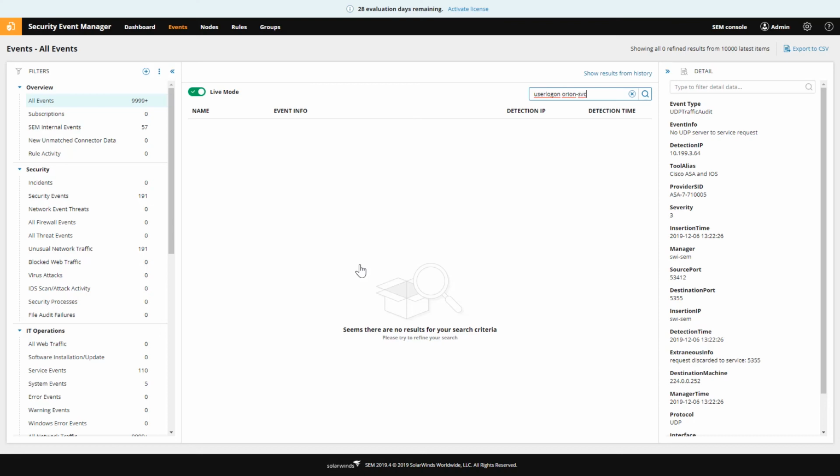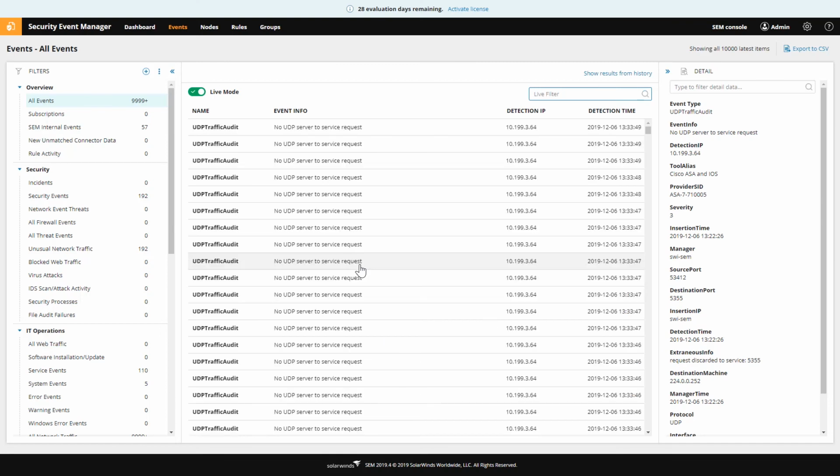Okay, it doesn't quite work that way because it's not a joined string of text. Pretend that this filter box has invisible quotes around it, and you get the idea. But even with that, I can literally start in the middle of a word, and it will still pick it up as long as that text is contiguous and joins together. Okay, so just an important note on that.